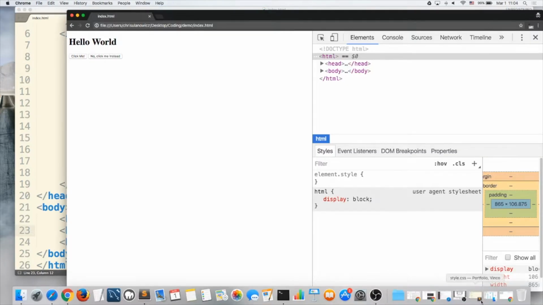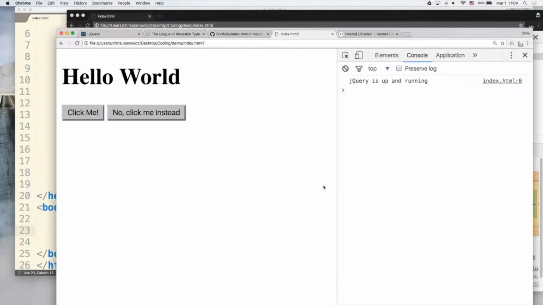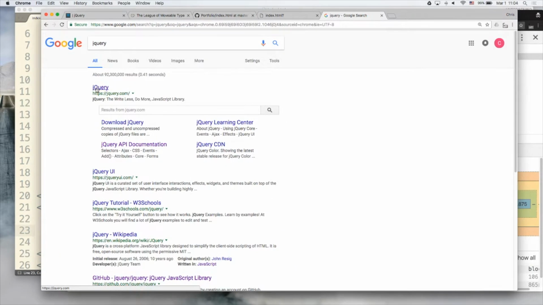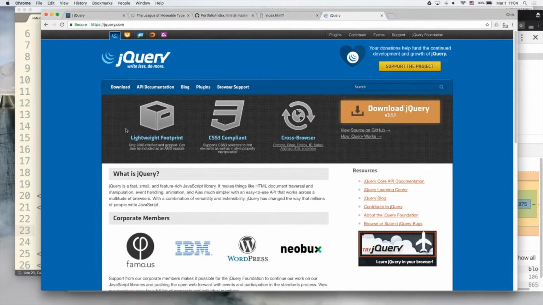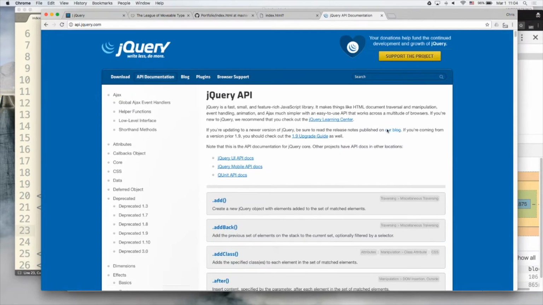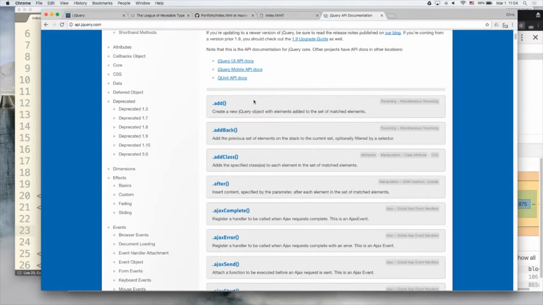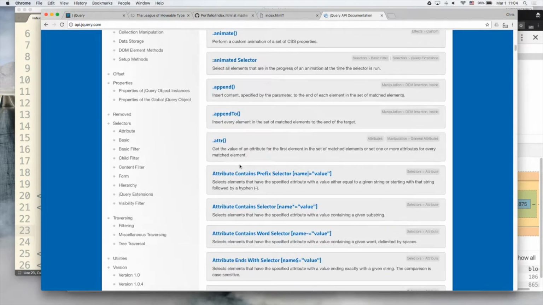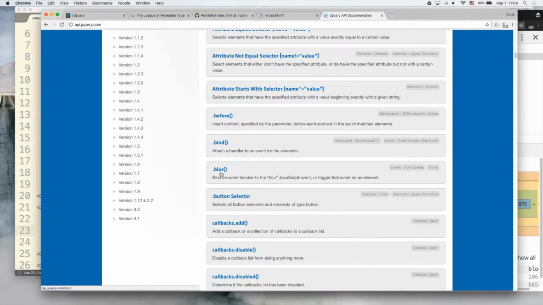Alright, and before we keep going on, let me talk about the jQuery documentation. Again, jQuery documentation is really good, so you'll want to refer to it. Google jQuery, it's the very first one. On here, it tells you some basics. This is where you would download it instead of using the CDN. But right here, API documentation. It's really good. So if you scroll through here, you can see all the stuff it does, like add back, after, append, blur,